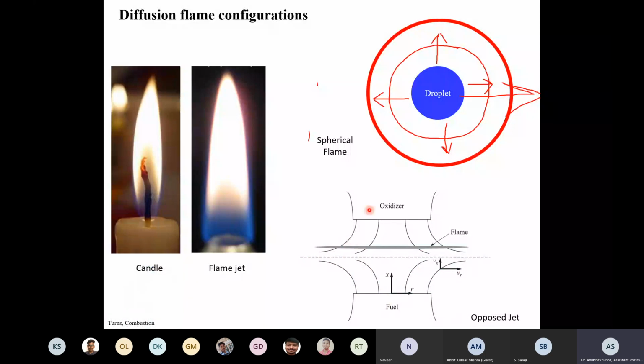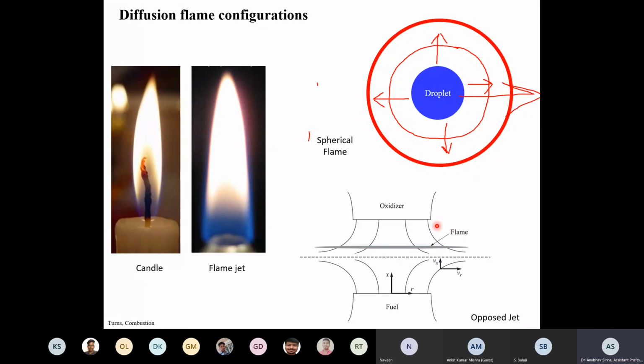So we have oxidizer coming from the top, fuel coming from the bottom, and when they hit, they form a flame between them. So this is a pure diffusion flame, and it can be used for many fundamental kinetic studies actually. So this can be considered a very clean, very 1D sort of flame. Okay, a very ideal flow is there. Is it all right? Everyone is okay with that? Or is there any question? Yes, sir. Fine. So let us move.